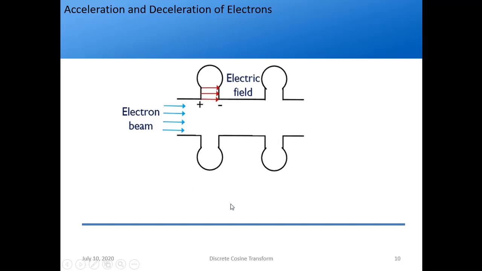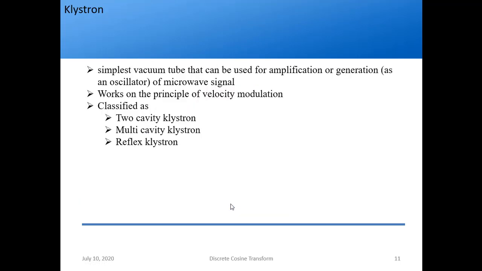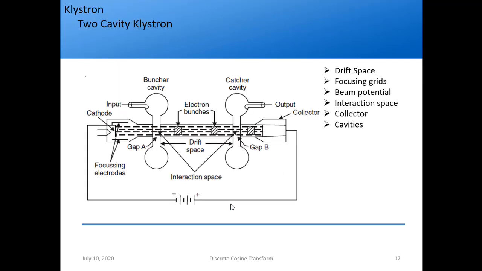So what is happening? Some electrons are accelerated, some are decelerated, right? Some are neither accelerated nor decelerated, right? So at a moment, some electrons will form a bunch. That means at a point they will be in one place only. So this is called as what? Electron bunching. So that bunching starts to happen where? Here. So here the velocity started changing.